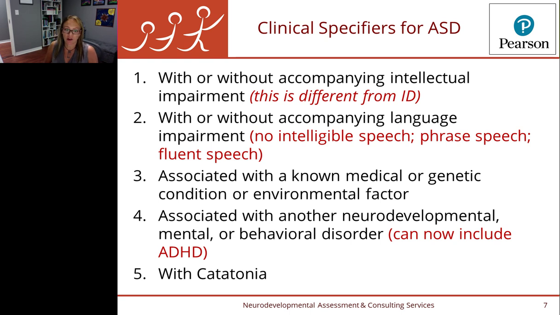And then there are now over 1,000 genetic mutations associated with autism and hundreds of genetic disorders. So if we know and can identify the genetic disorder, I will put that here in the specifier, whether it's 16p11 or 3q29 or 22q or whatever the associated genetic condition. That's important to know. And then with the DSM-5, we can say whether or not autism is co-occurring with ADHD.